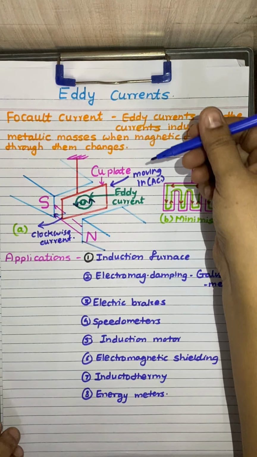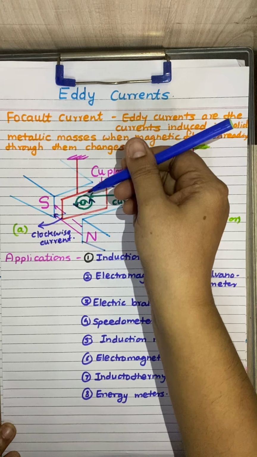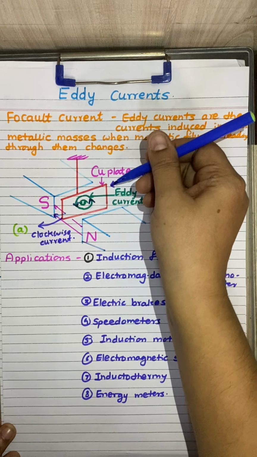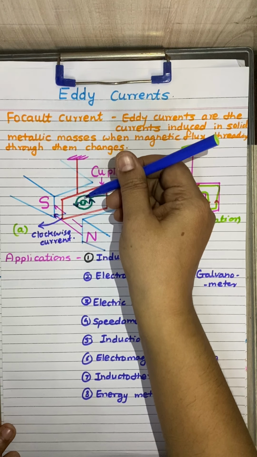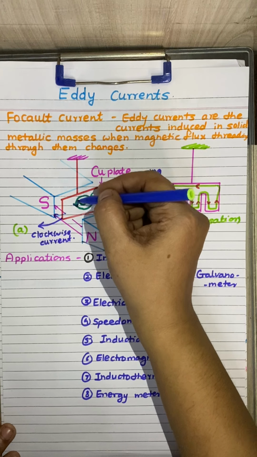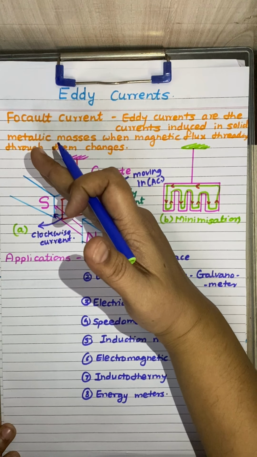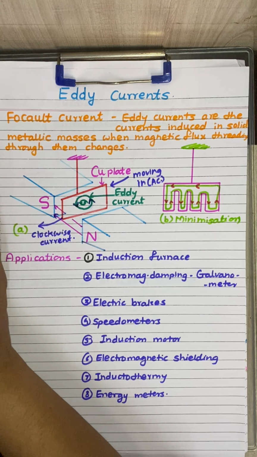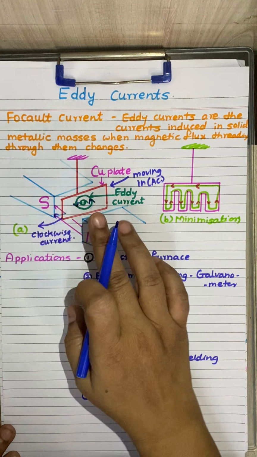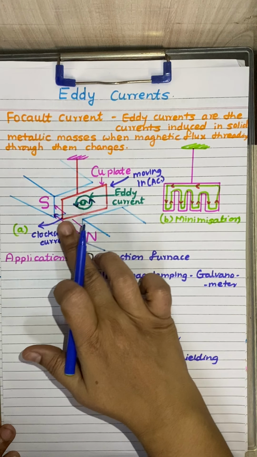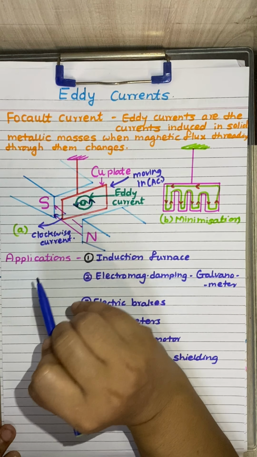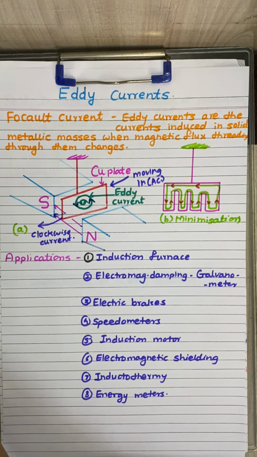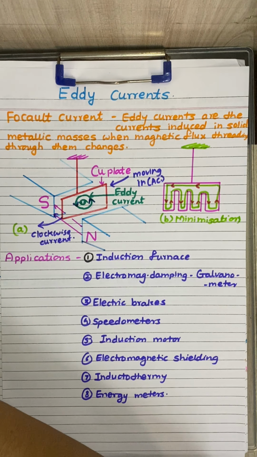So that means as soon as the plate comes inside, the change in the magnetic flux is from 0 to maximum. When the flux is changing from 0 to maximum, the direction of the current is anti-clockwise. Now once the plate enters the middle place and again goes out of that magnetic field, the flux starts decreasing. To oppose the decrease in the flux, the current in that coil again starts moving in the clockwise direction. So we can say that the eddy currents damp the oscillations of the copper plate in the magnetic field.